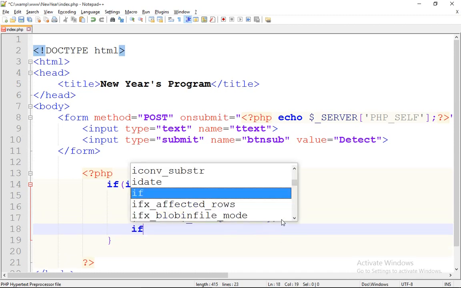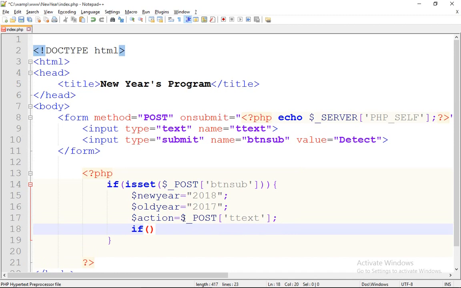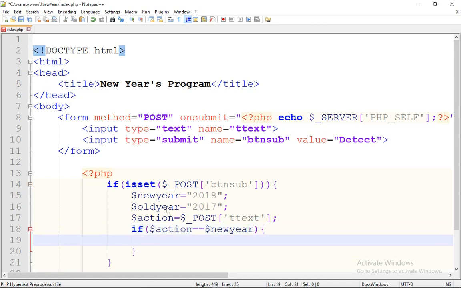So we say if this one is equals to the value in this. So if the input someone has put, the input will be stored in this variable. So if it matches with the values here,